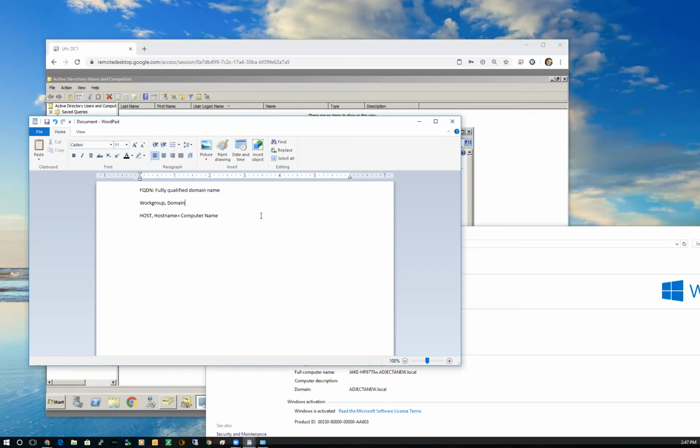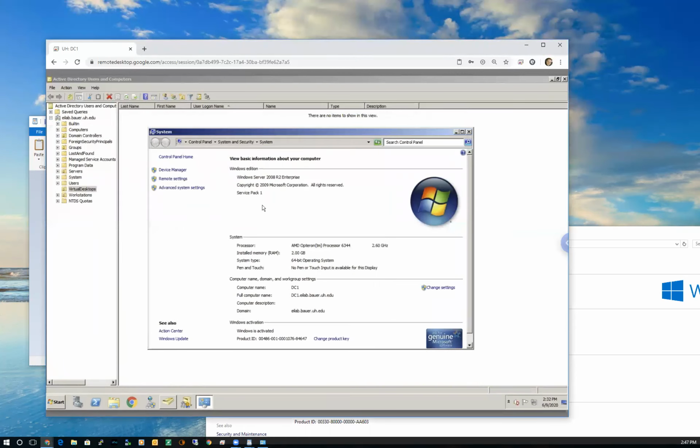So your fully qualified domain name on a brand new computer is probably something like HP12345, if it was an HP computer, dot workgroup. That kind of looks like an internet domain name, although with internet names, we have something called a TLD on the end. Or you might see HP12345.local.